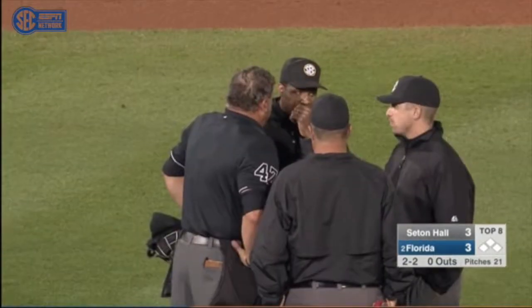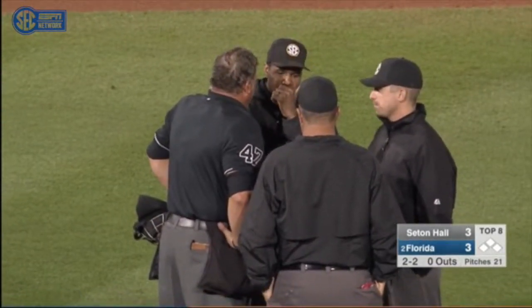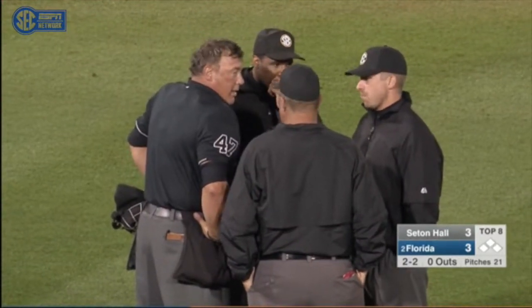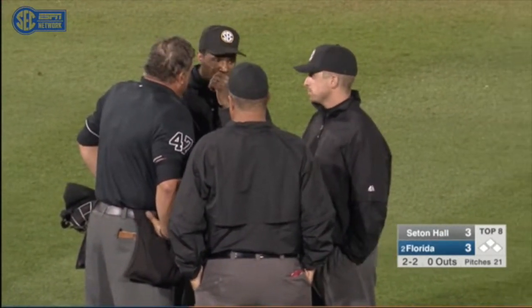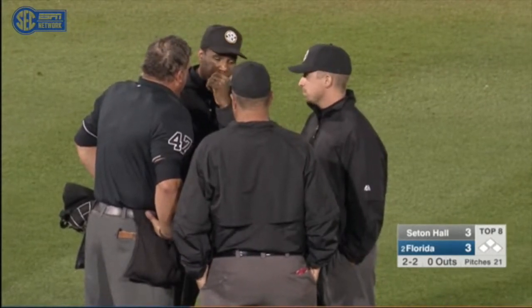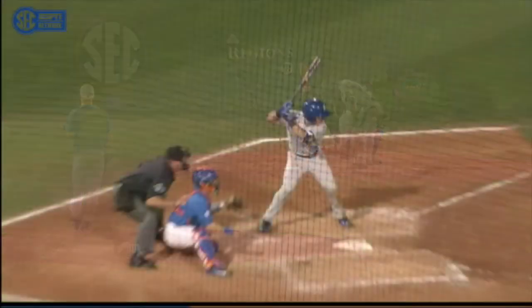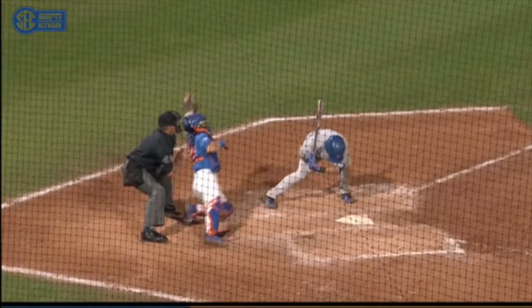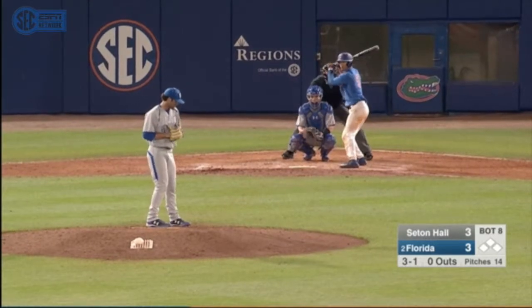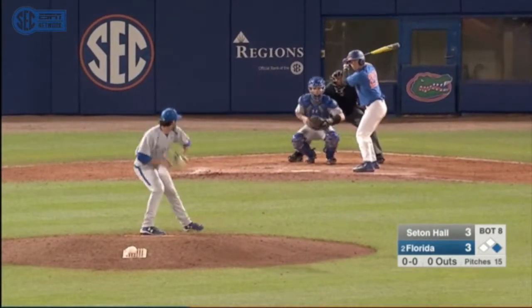The other thing he could be asking for is a foul tip, because he did catch the ball, and if it was a foul tip, it would be strike 3 as well. So he could have been asking for either the swing or the foul tip caught for strike 3. I think it might have tipped his bat, but from that replay, it clearly went over it. Hall here has their first and third baseman guarding the line, trying to eliminate a...